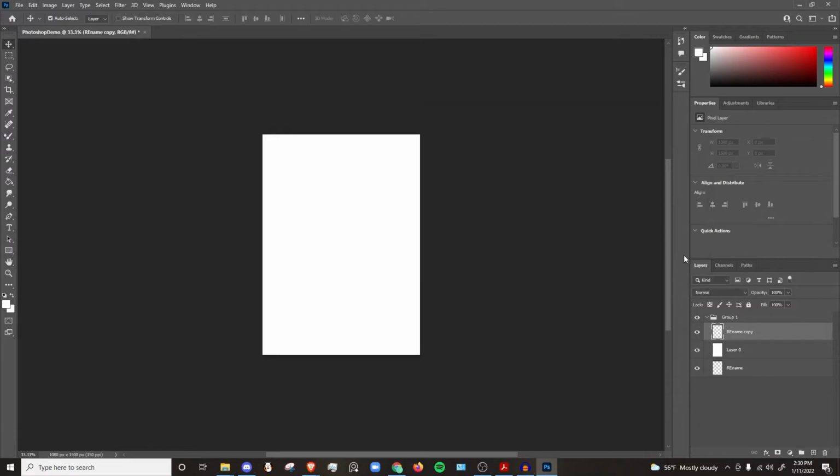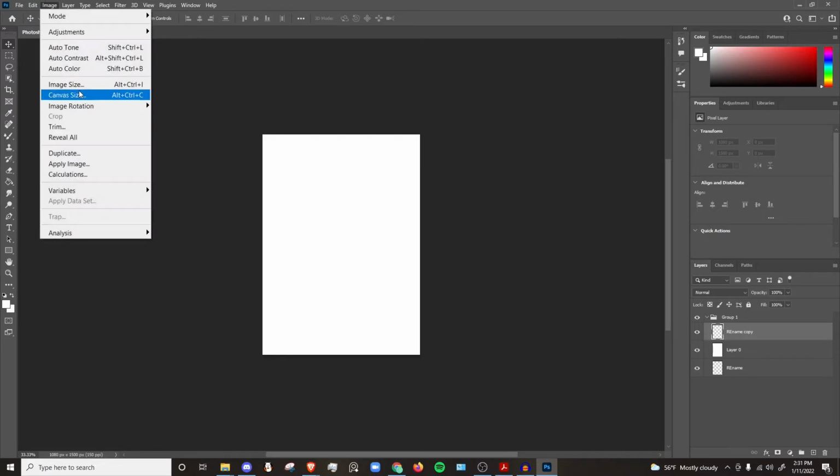So if you're confused as to why you're changing numbers and it's changing your other number, just make sure that you turn that off so that you can actively mess around with it and be a little bit more freeform with it. So to resize the canvas, all you'd have to do is go to Image, Canvas Size,